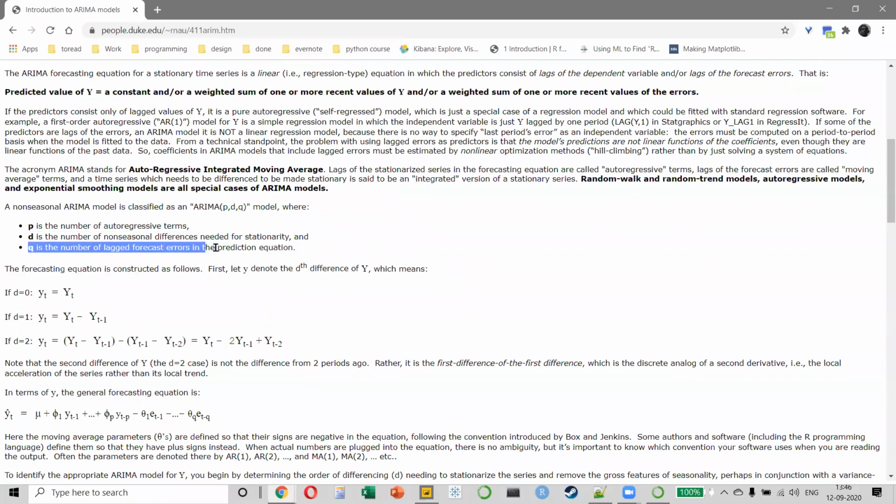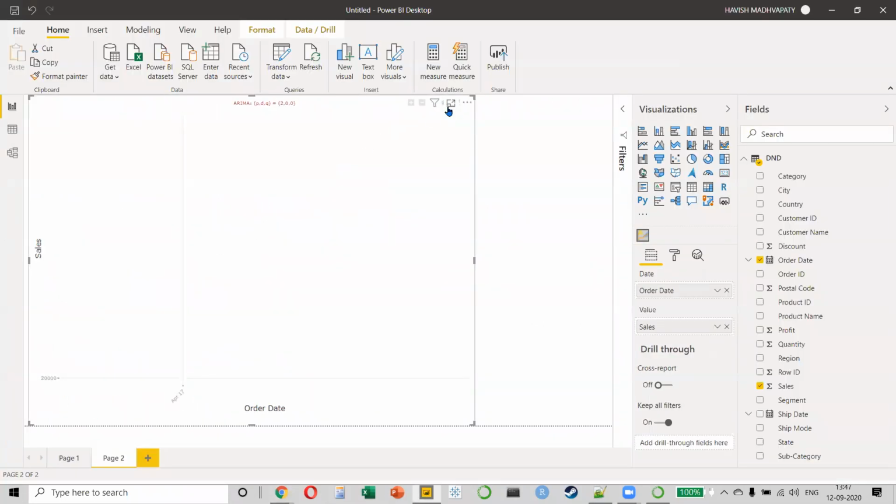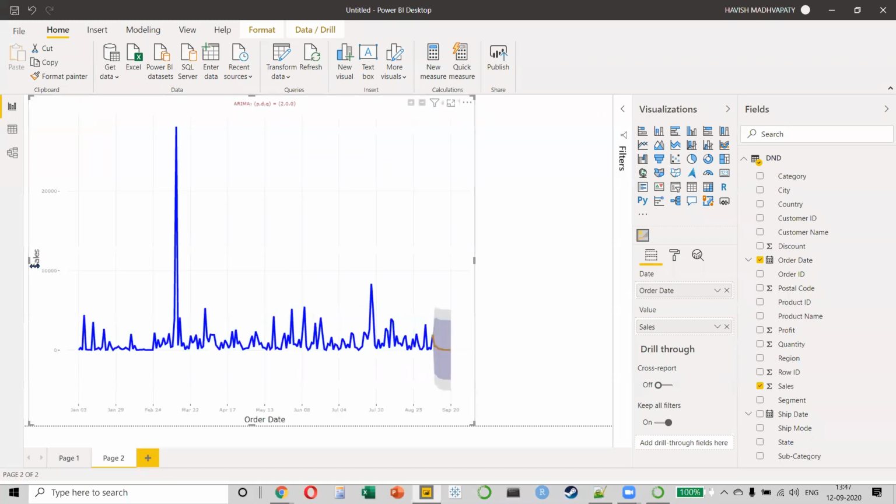I'm not going to get into detail with all of this, but just wanted to show you that, see guys, with my clients, as a data analyst, I am not a statistician. My job is not to go to a client and get into in-depth analysis. My job is just to show them this and to give them a consultation of what this means and why the forecast is going down or whatever it is. What is the seasonality factor for that matter? That's the idea.